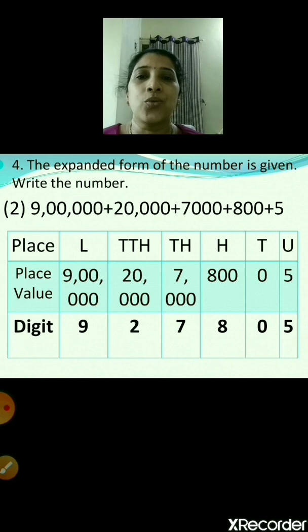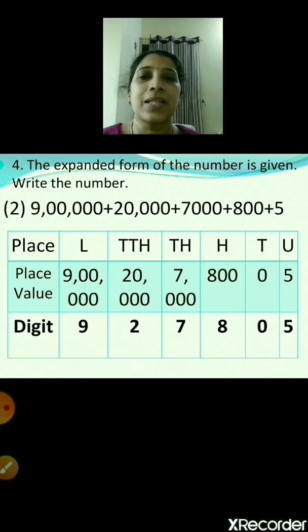It is 2 followed by 4 zeros. So the first 0 is in the units place, second 0 in the tens place, third 0 in the hundreds place, fourth 0 in the thousands place, and the digit 2 is in the 10,000s place. So that means 20,000. This place value will be placed under the place that is 10,000.